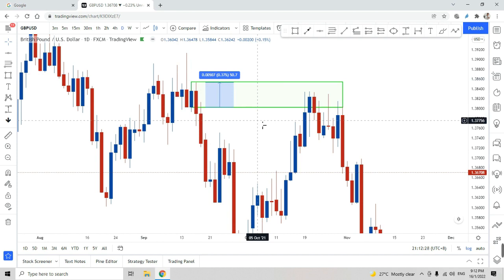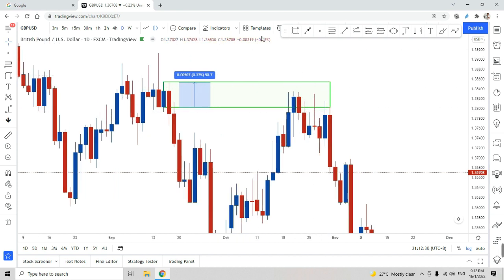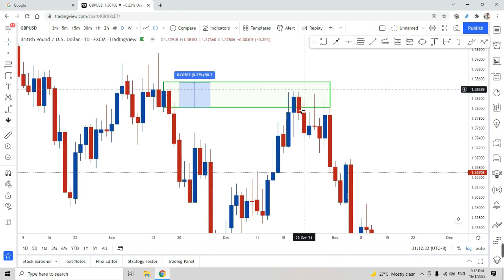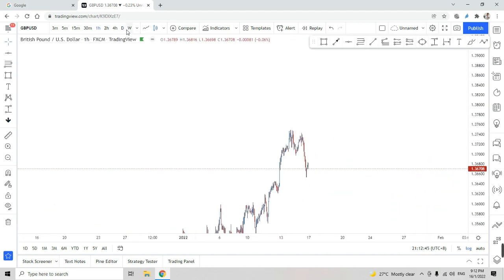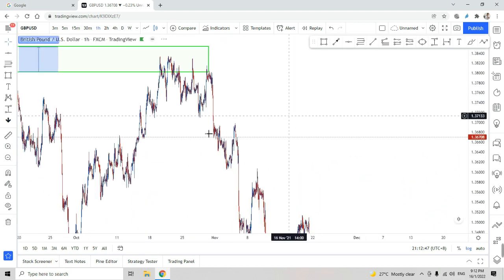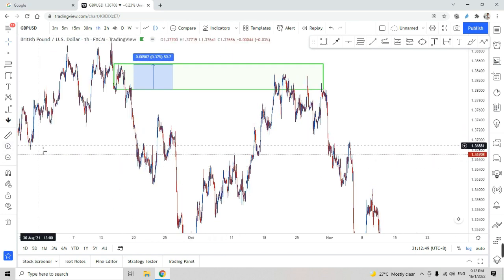Simple, very simple. I told you, first of all, let the price come back into this area first. Price goes into this area, and then you need to switch to a lower time frame. I believe it should be H1. Usually from the daily chart I will skip to H1, it's easier. So if you look here,